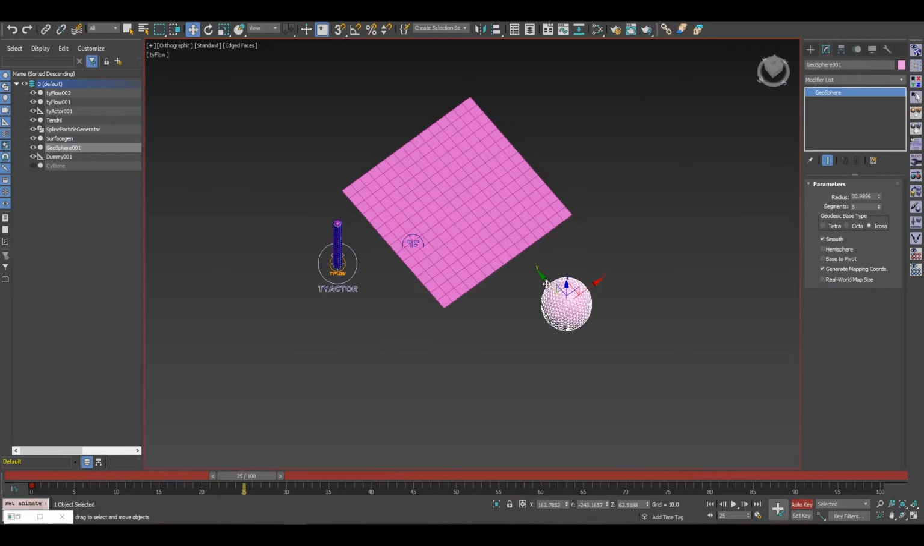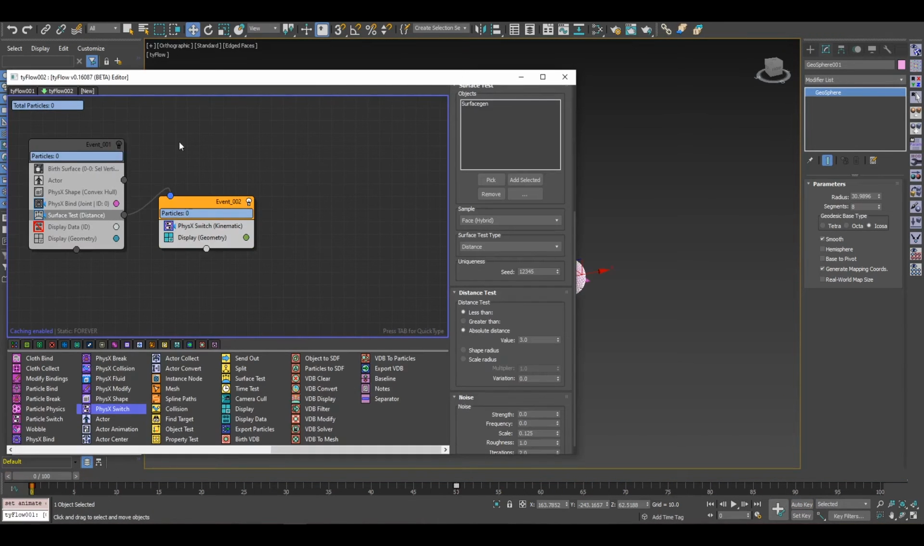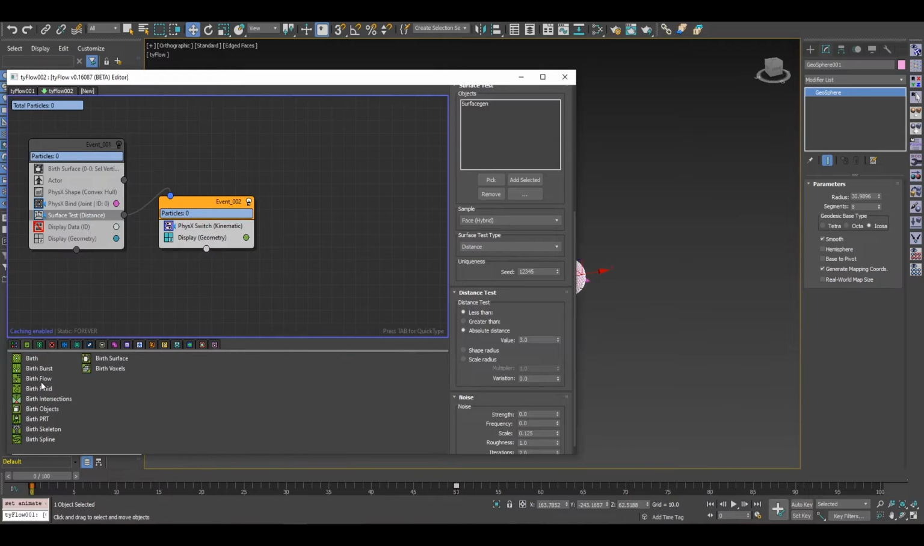Auto key on. Linear is okay. Maybe it's a bit too fast. Okay, this should work. And again, we do a birth object,